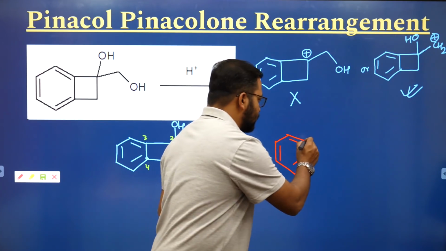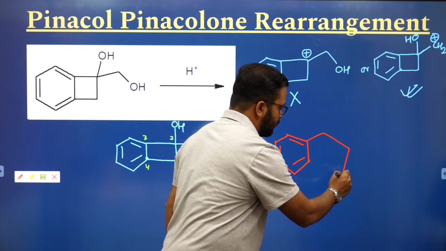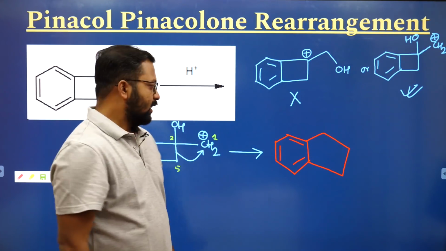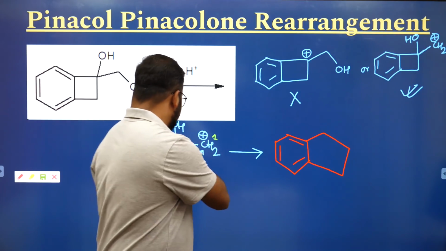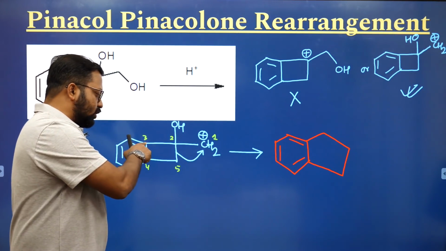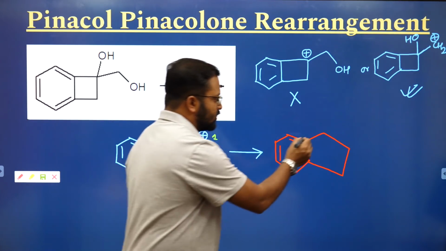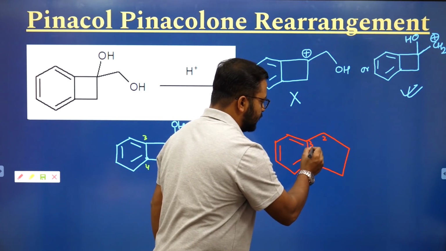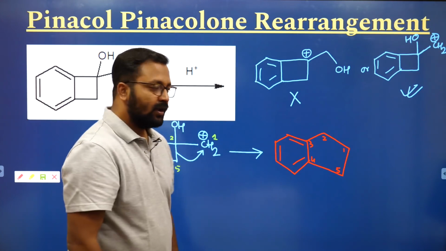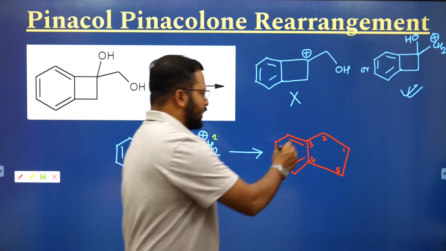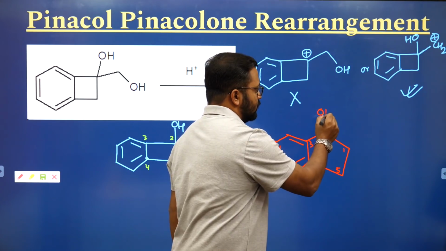So I will draw something like this. Okay, clear? So carbon number 2 is adjacent to the carbon of the benzene ring. So this will become 2, this will become 3, this will become 4, this will be 5, this will be 1. And if 2 gets a positive charge,